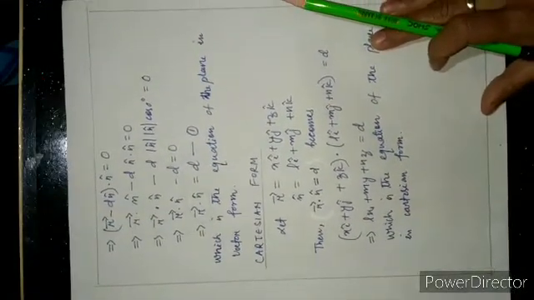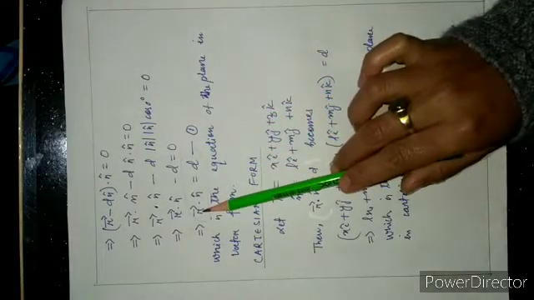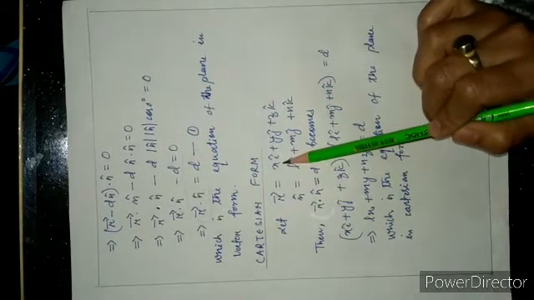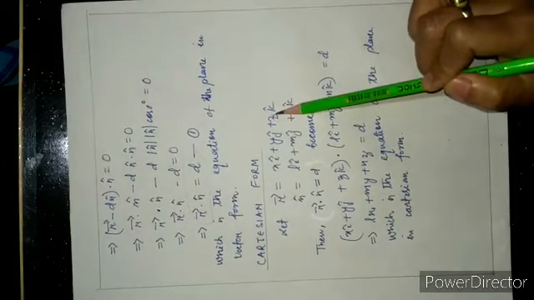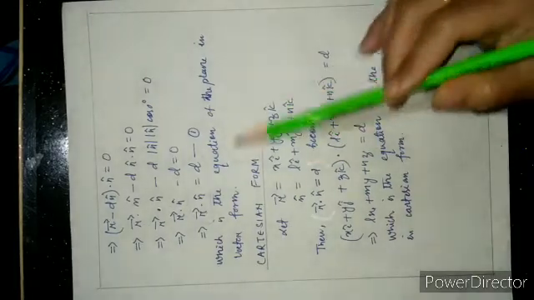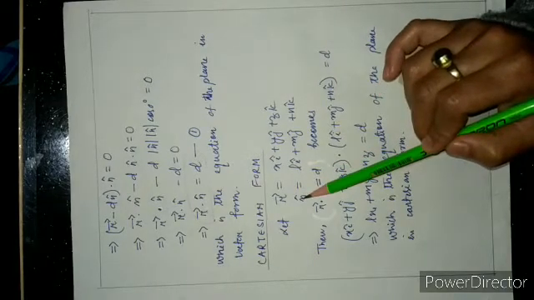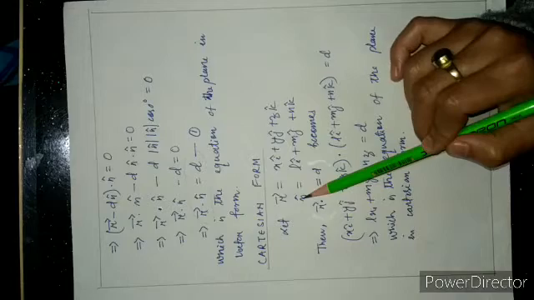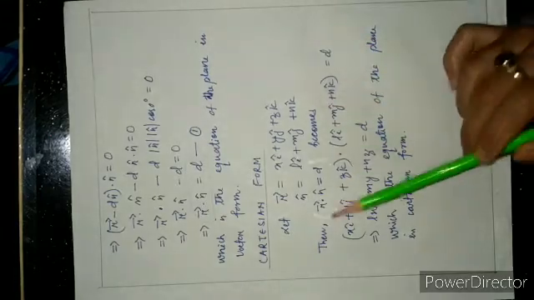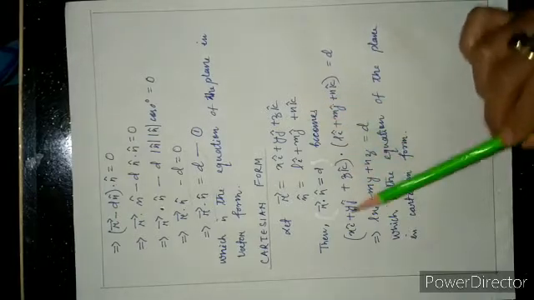Next, we have to derive the Cartesian equation of the plane in normal form. For Cartesian form, we write R vector and n cap, with d a constant. Let R vector equal to x i cap plus y j cap plus z k cap. N cap is equal to l i cap plus m j cap plus n k cap. For the n vector these are direction ratios, and for n cap they are direction cosines. Components of any unit vector are called direction cosines, denoted by l, m, and n. Then the equation R vector dot n cap equals d becomes